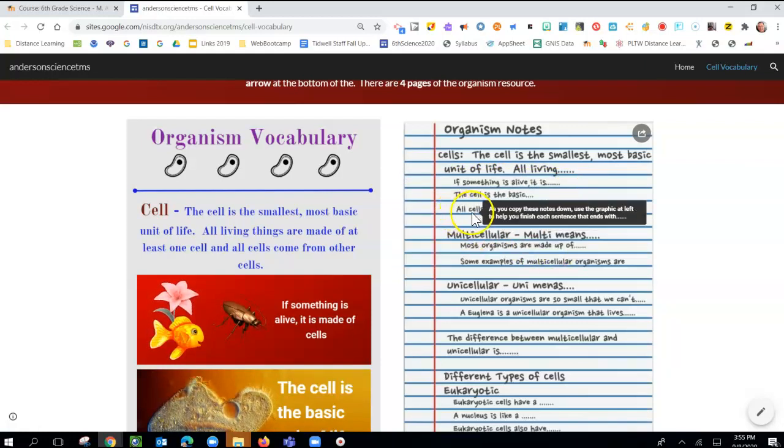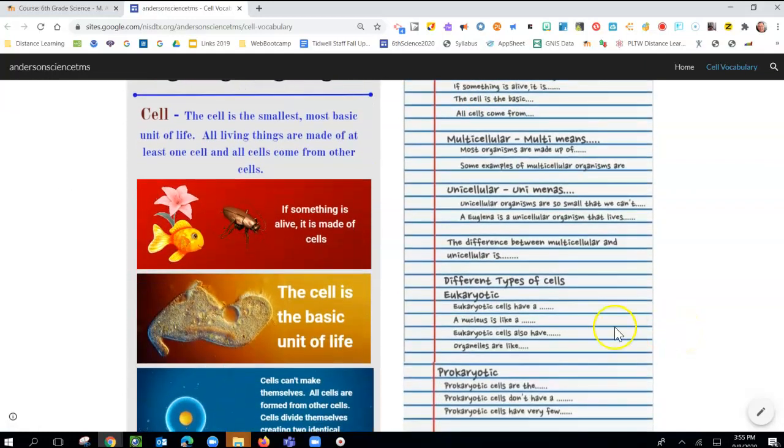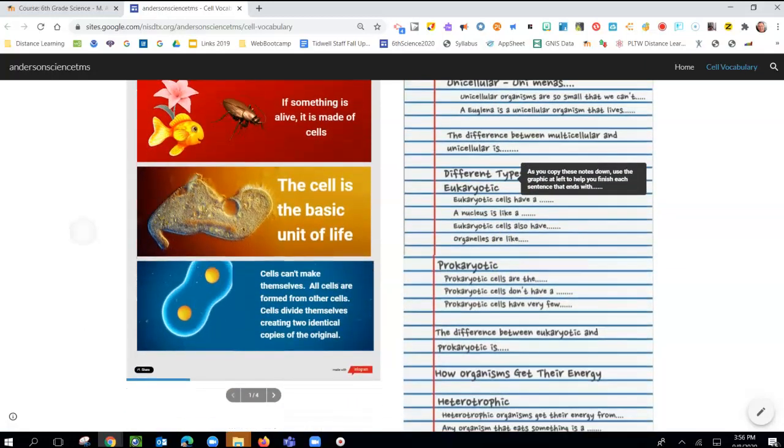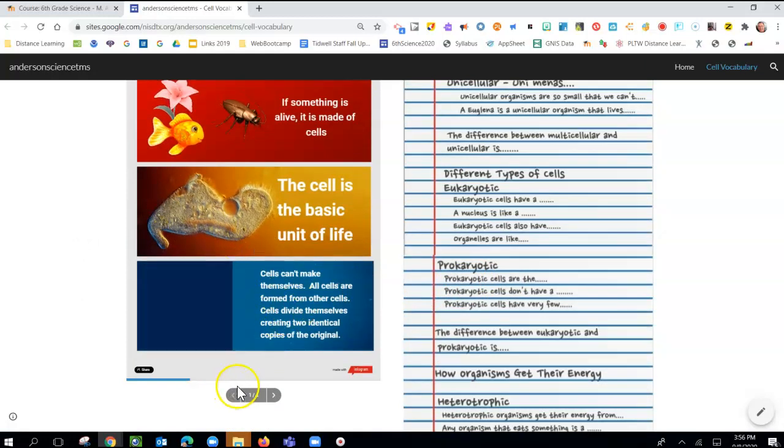Then you'll go here, the cell is the basic, and look down here, it says the cell is the basic unit of life. So I'll write the cell is the basic, and then I'll write unit of life, period. That's what I'm going to do for all of these notes. Now, as you look at this resource, it ends down here, but there's some arrows. So we're going to click this arrow